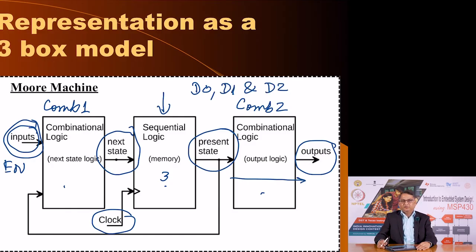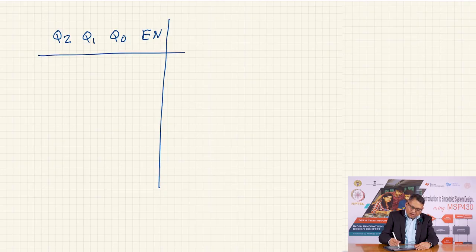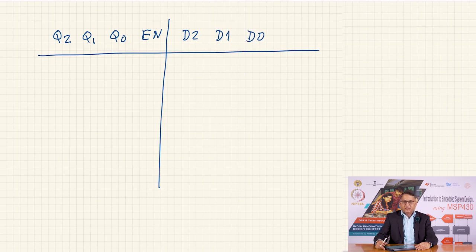The outputs of these flip flops will be Q0, Q1 and Q2, and these outputs go into the combinational circuit, including the signal enable. So, you have to create a table which has Q2, Q1, Q0 and enable to produce outputs which are D2, D1 and D0,